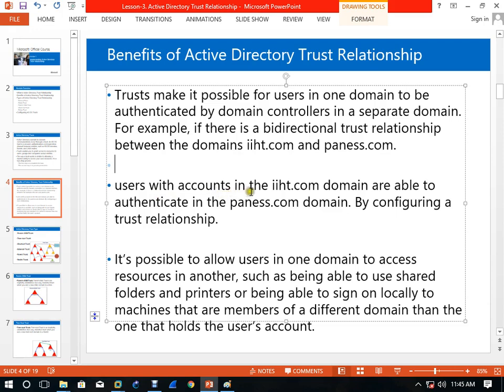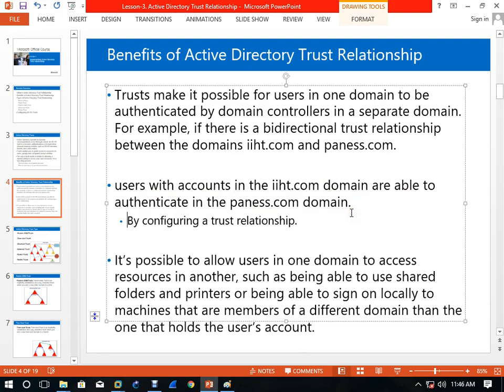Users with an account in the ist.com domain are able to be authenticated in the Panes domain, and by configuring the trust relationship, right, it is possible to allow users in one domain to cross and access the resources of another domain.